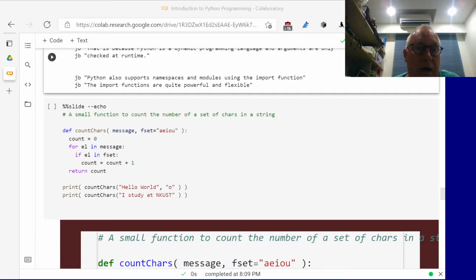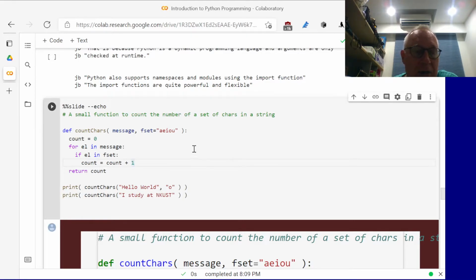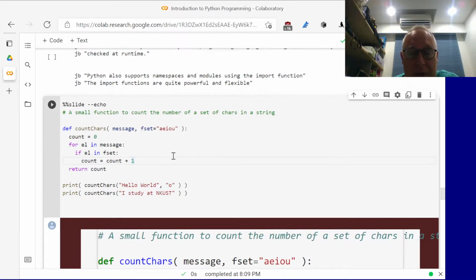We probably won't be writing our own modules, but you can also have what's called namespaces in C++ and Java. In Python, they would be called modules, and they allow you then to break larger components up in a